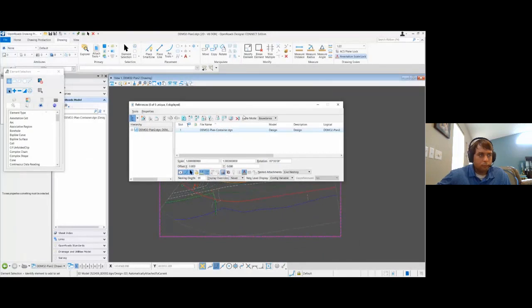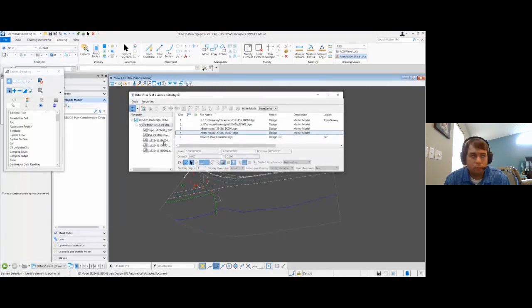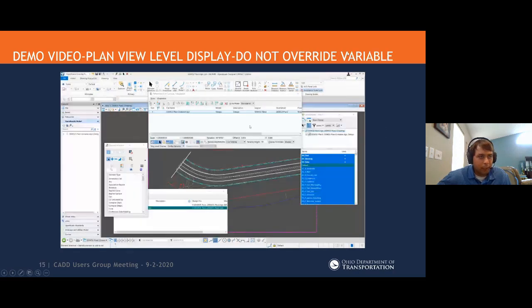One other thing that display overrides does, when it's set to never, is it also controls the display of those nested references, right? So same thing with levels. If I come in and turn off the display of one of those nested references here, and I reload the file, it will turn back on because it's going to sync back to that design model. So I'd have to go to the design model and turn the display off, and then it would be off for all my drawing models. Okay, so next video I'll dive into this variable and how that's working.